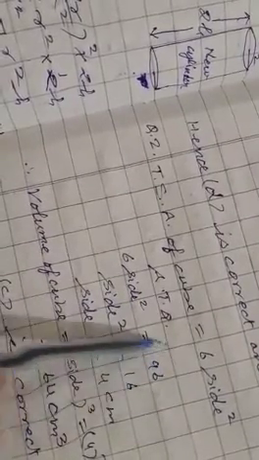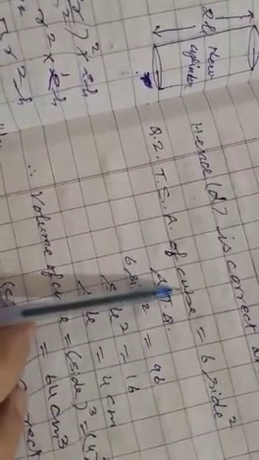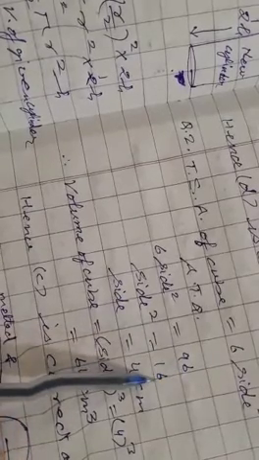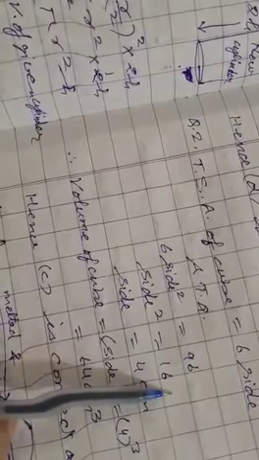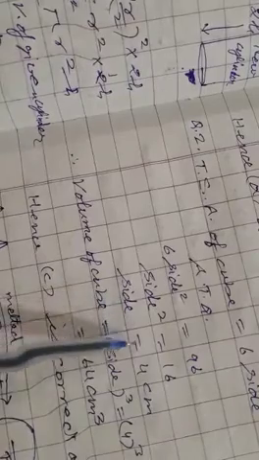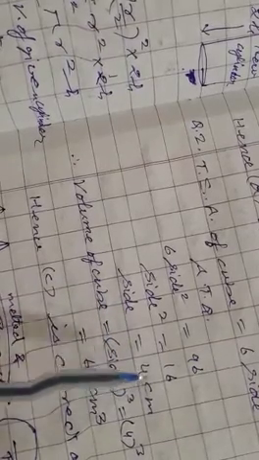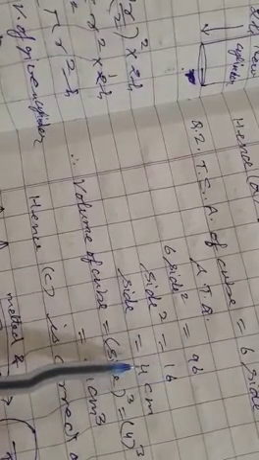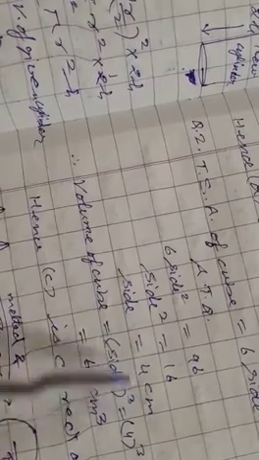This is your given total surface area of cube, and this is the formula of total surface area of cube, so we write both values equal. Side square equals 96 upon 6. 6 ones are 6, 6 sixes are 36. Side square equals 16. 16 can be written as 4 into 4, which is 4 square. So side is equal to root of 16, that is 4 centimeter.